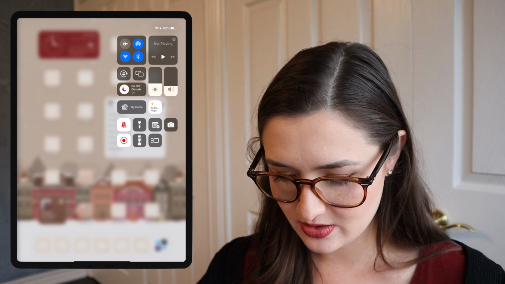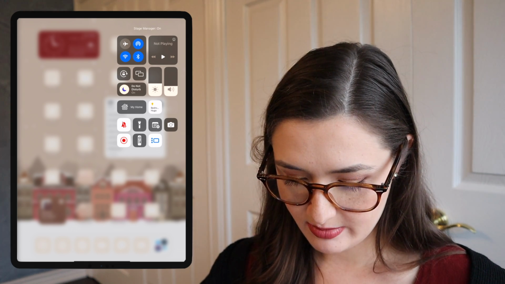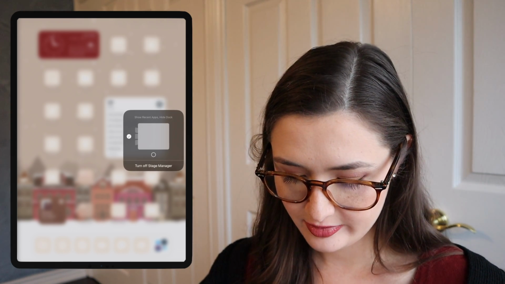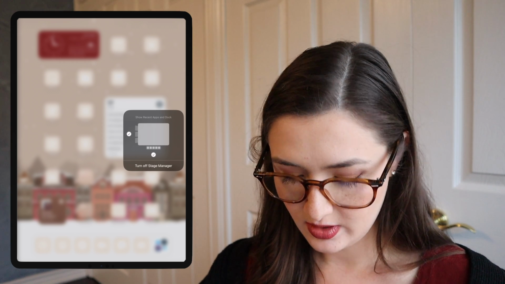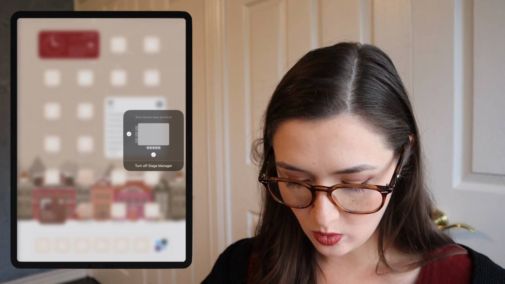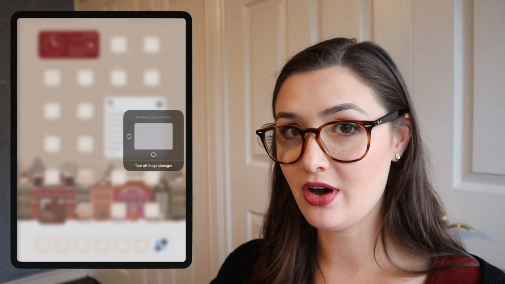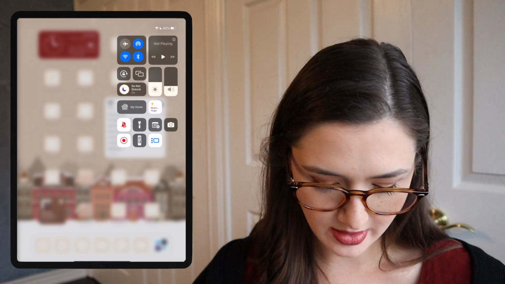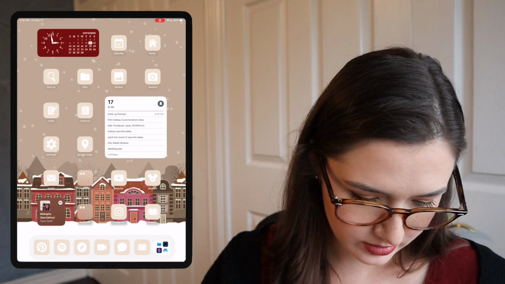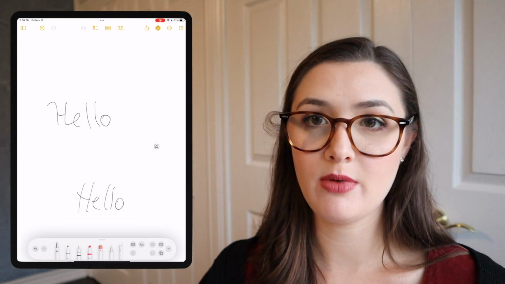The last new feature is probably the biggest that they've advertised, which is Stage Manager. So if I scroll down from the top right, I'm able to toggle it on and off. If I hold down, I can also edit whether you can see the dock or the recent apps on the side automatically. Even if they're turned off, you still can see. I'll show you how that works in a sec. So I'm gonna go to Notes. I think this will be the most applicable.